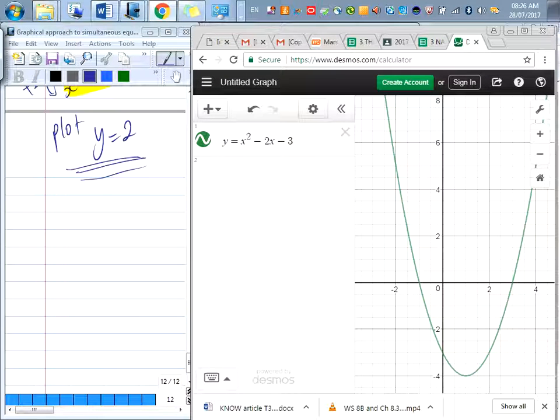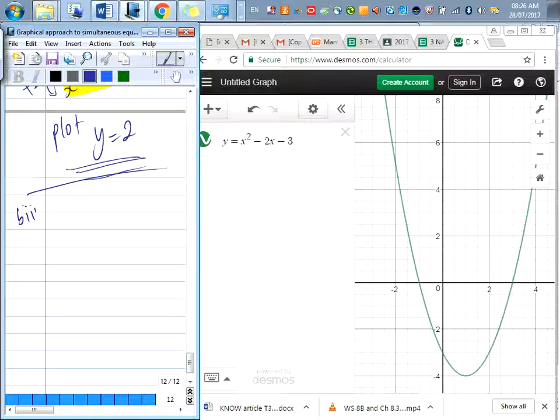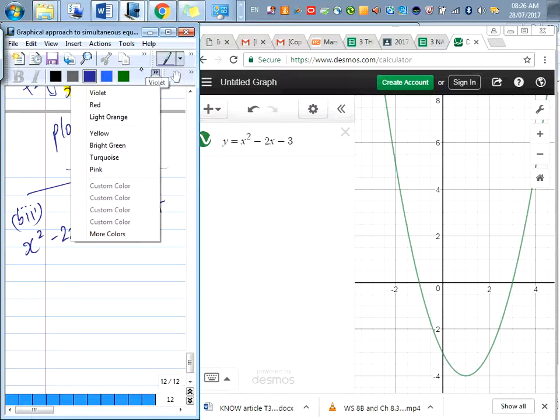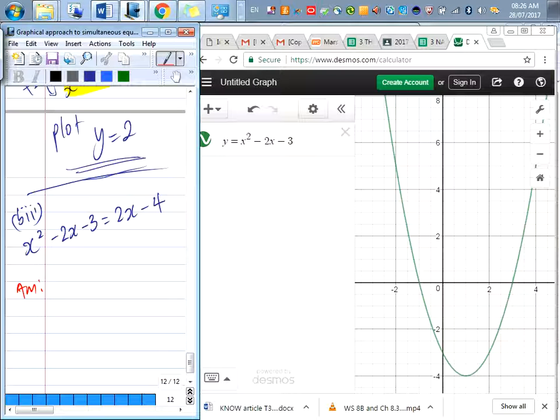Okay, finally, the last one. B part 3. To solve x squared minus 2x minus 3 equals 2x minus 4. Tell me what we should plot. Do we already have that? Okay, very good. Since we already have that, I will plot y equals x squared minus 2x minus 3 as well as,